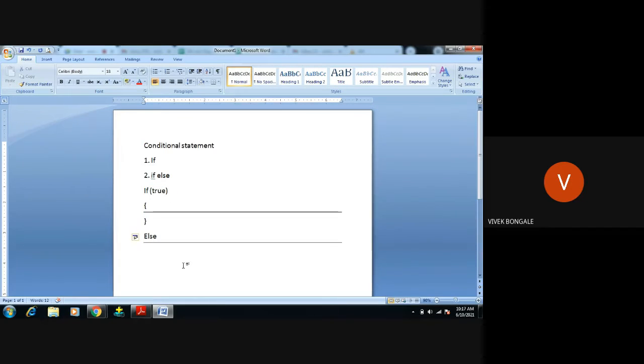So I will repeat whatever we're going to include in the if statement. It starts with the keyword if, then you have to use the bracket, and under that bracket you have to give the condition we want to check. If this condition is satisfied, if the condition is true, then this piece of code will be executed. This is what the if statement is. If this condition is false, then this else part will get executed. That is what a conditional statement is.